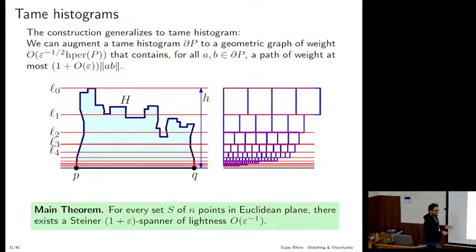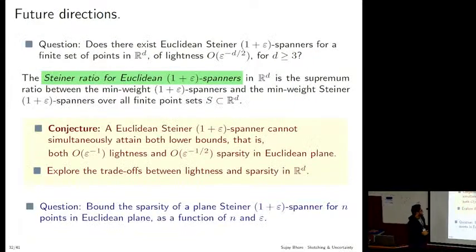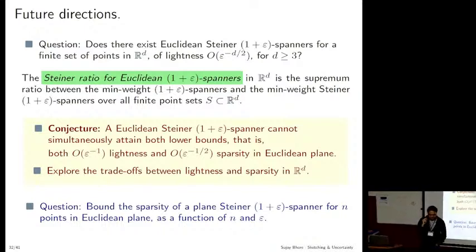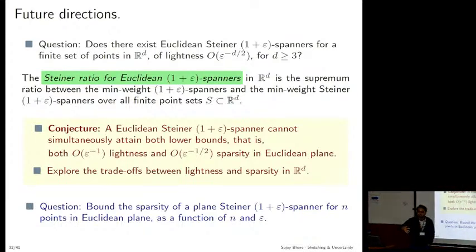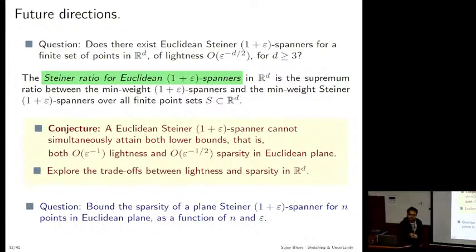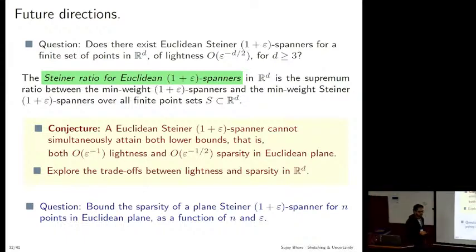So essentially combining everything, if you trust me, we get this bound 1 over epsilon. Okay, so the main important open question here is of course to close the gap of Lee and Solomon's STOC paper, epsilon to the minus (d plus 1) by 2, and make it like a minus d by 2. And also one can ask that we are using a lot of shallow light trees, which means it will incur a lot of Steiner points, and in a rough calculation it is like a cubic number of Steiner points. And if you care about optimizing that, it essentially means you are asking the question of simultaneously giving a bound on sparsity and lightness, which is a super interesting question, of course.